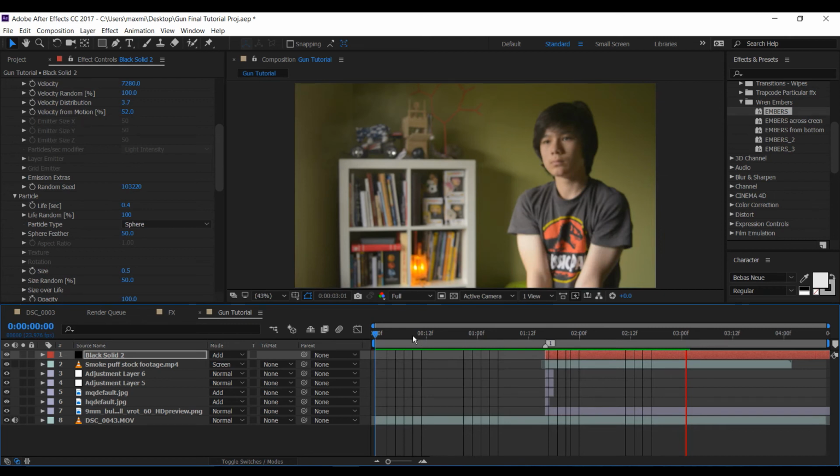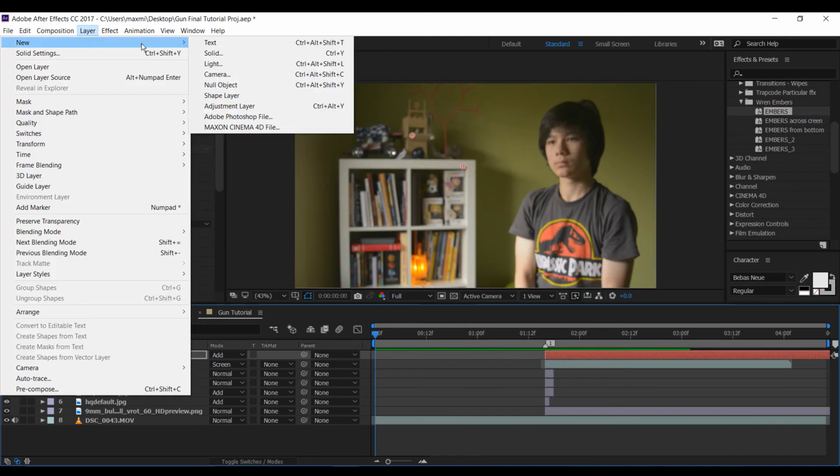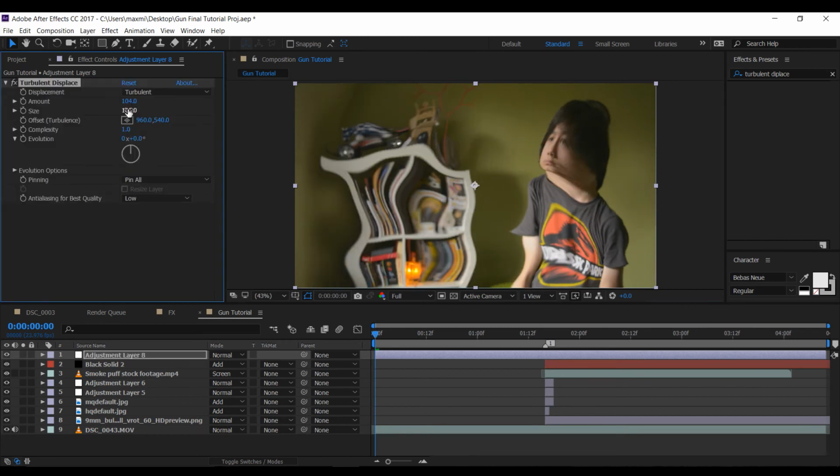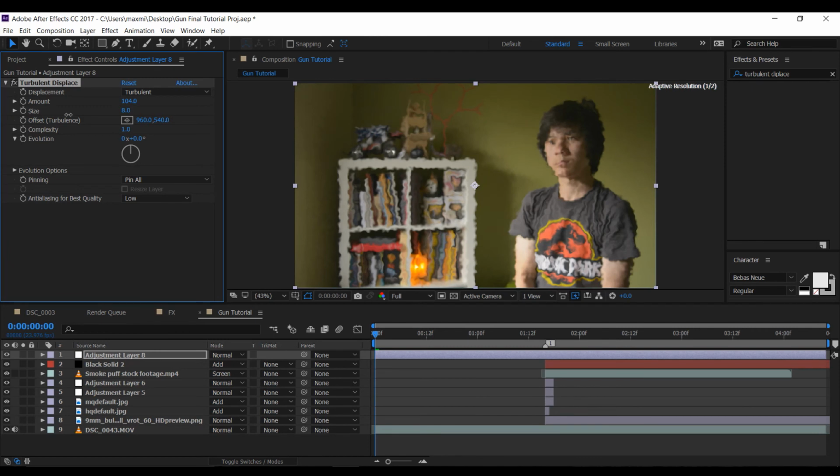Okay, so I added the particles. Another thing you can do is add a new adjustment layer. This time an adjustment layer, not a solid. And add turbulent displace. Everybody's favorite plugin. Alright. So you increase the amount, decrease the size to like 8, decrease the amount, starting